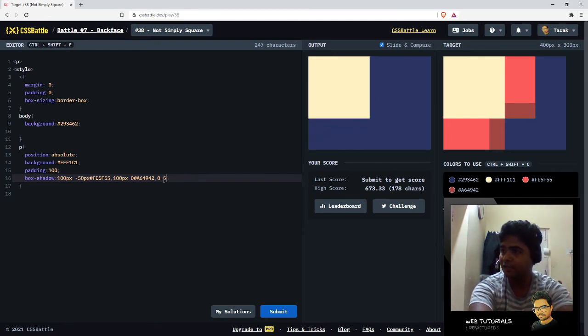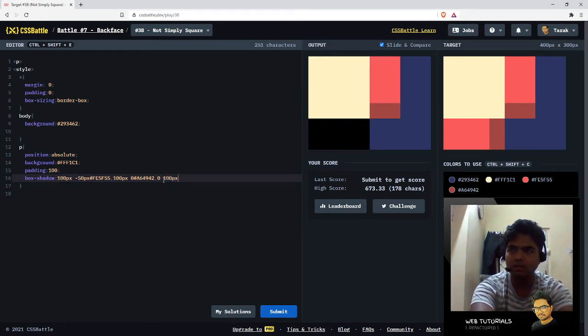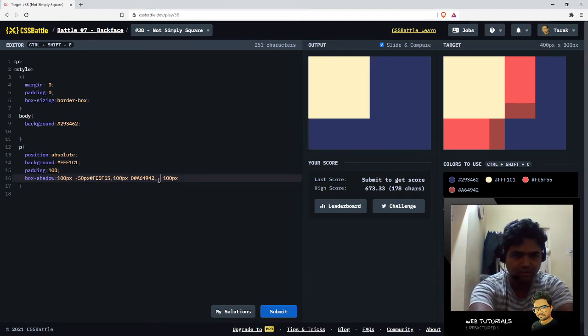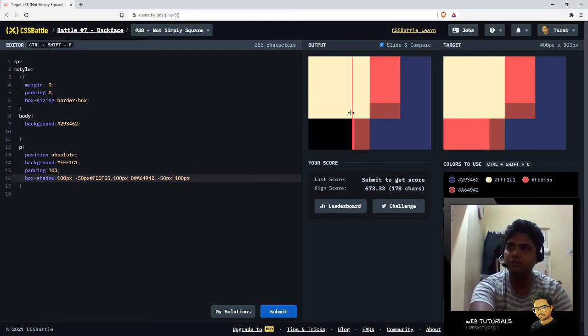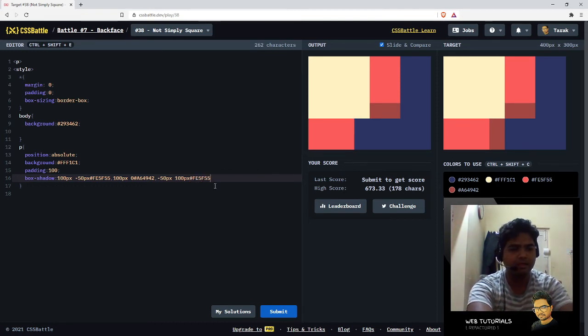Y needs to be 100 pixels, but X will be, instead of 0, minus 50 pixels. Then we have this particular color, and then 0 pixels, 100 pixels, and the dark color.